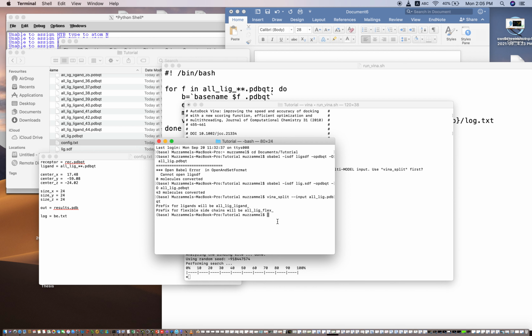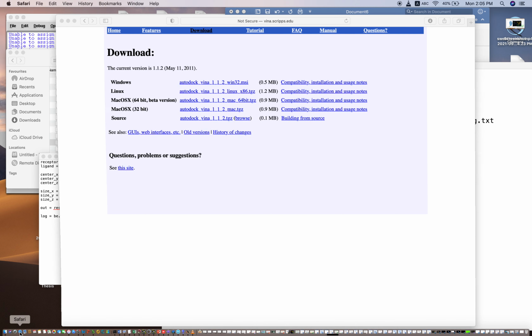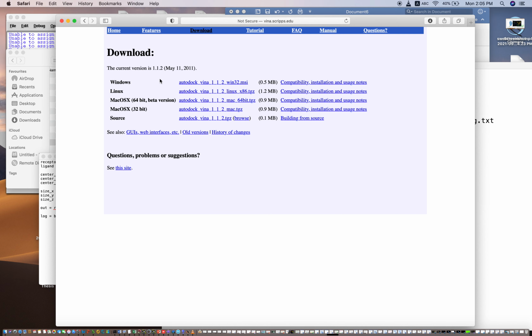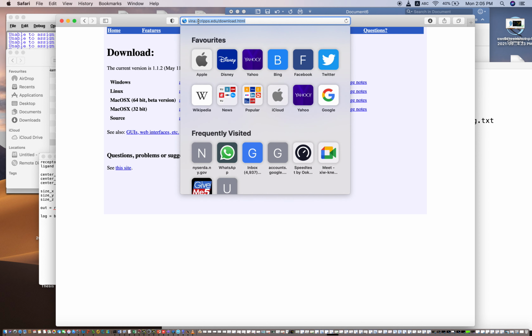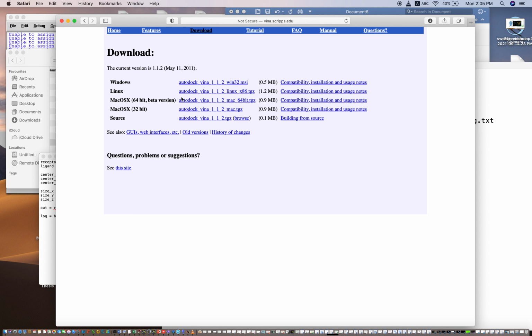So AutoDock Vina can also be downloaded or installed from their official website, vina.scripps.edu/download, etc. So this page will open and you will download accordingly for your system.